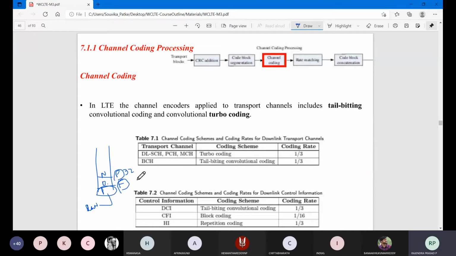So whatever raw data information signal is there, it should also match the channel coding procedures. That procedure specifies what the rate should be. At this rate only should we be able to transmit our data, and then only will it reach the receiver, otherwise no. Right. So this was about the channel coding, which speaks about the channel coding processing.